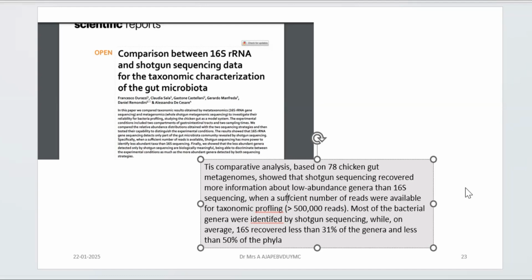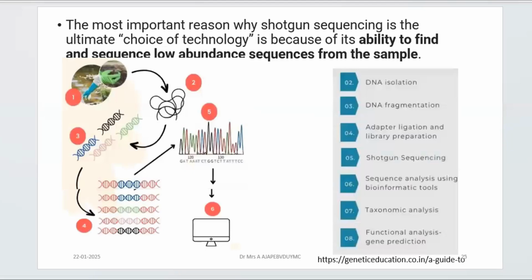Microbiome, right? Microbiota, it includes the data. Now this data is restricted to bacteria only. So you see what is the efficiency of 16S and what is the efficiency of shotgun sequencing. Whatever shotgun sequencing can perform, out of that only 31% can be attained when you are going with 16S rRNA sequencing. So 16S rRNA sequencing is a good tool, but it has limitations, and that's why shotgun sequencing is suggested. Now let's see the methodology for it.